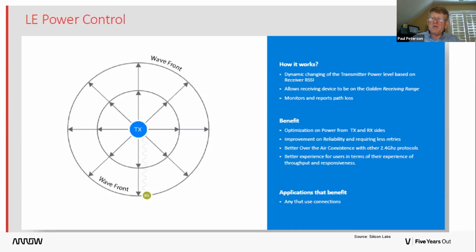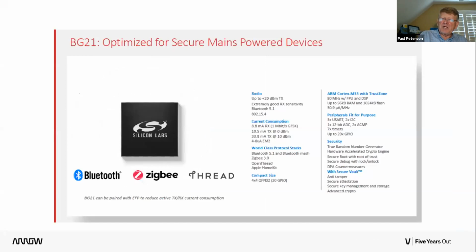One of the real issues that we have is that Bluetooth, Wi-Fi, and many of these protocols use 2.4 gigahertz technology. 2.4 gigahertz is an open band, what we call an ISM band, and it's extremely crowded these days. Walk into any home or office with a spectrum analyzer, and 2.4 gigahertz is a very noisy RF frequency. So things like LE power control that can help reduce noise are very much appreciated. A lot of new devices are coming out.